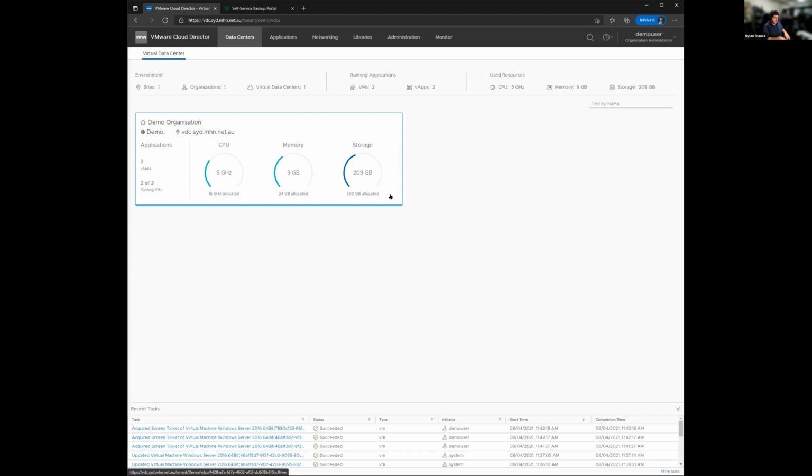A good example, I actually had to do this for a partner a few weeks ago. They weren't the direct IT support for the end customer. Their internal IT team was just outsourcing the resources to them and getting the vCloud access through them. So they had to give the end users, or IT support, access to this portal, but not access to change any of the configuration, just for power management and console access. You can set it up so they only have access to specific VMs and vApps. If you're doing co-managed IT, where the client's got an internal help desk, this works really well because you can restrict their access.